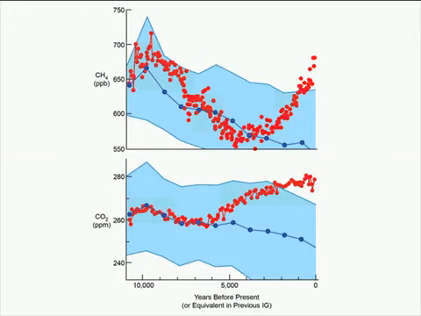The carbon dioxide trend for this interglaciation sits almost right on top of the average of the previous interglaciations. And then after 6,500 years ago, it departs and heads up, whereas it continues down for previous interglacials. So the methane trend takes a wrong-way turn after 5,000 years ago, and the CO2 trend takes a wrong-way turn after 6,500 years ago. So if you want to be truly objective, you can call these wrong-way trends anomalies, but